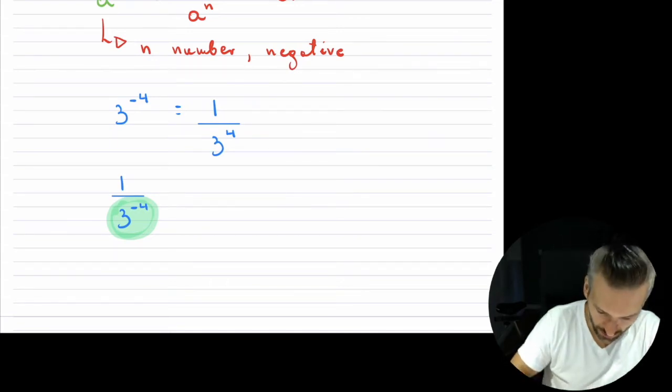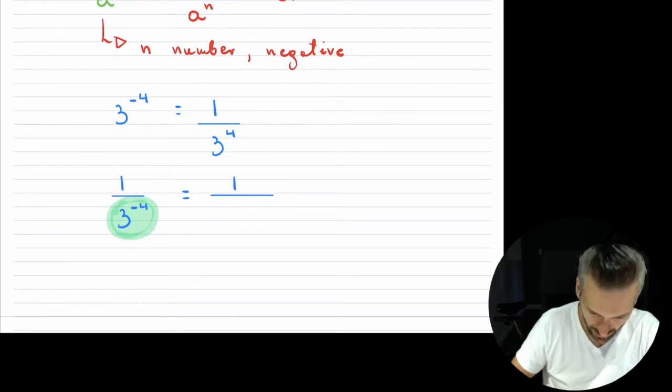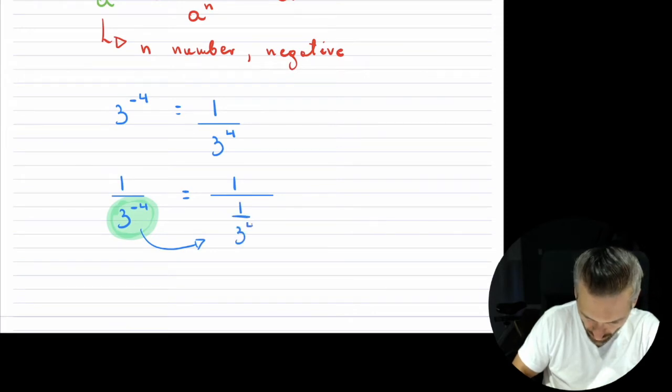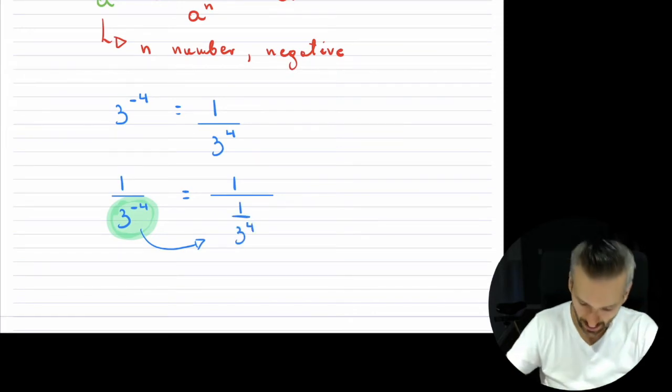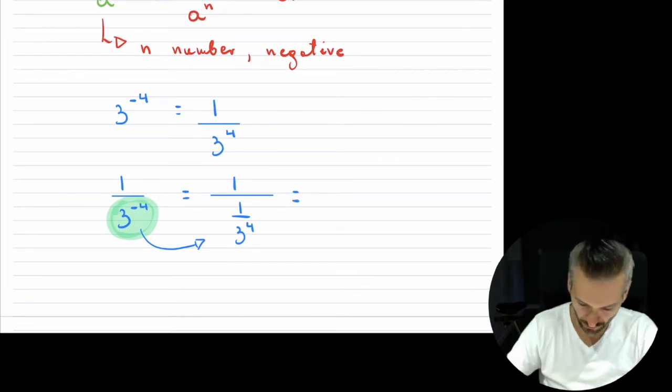From your fraction, this is 1, and then this becomes 1/3^-4. And when you rewrite this, because this is just in fractional form, then it turns out that